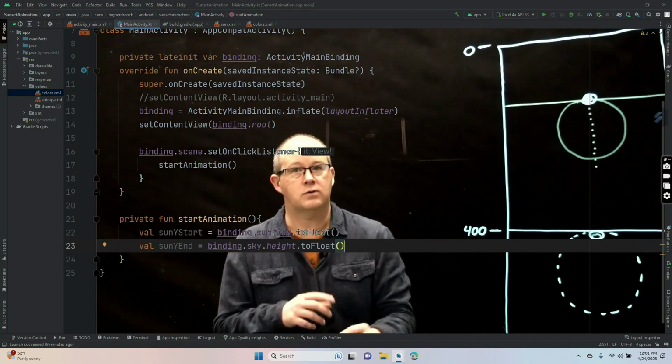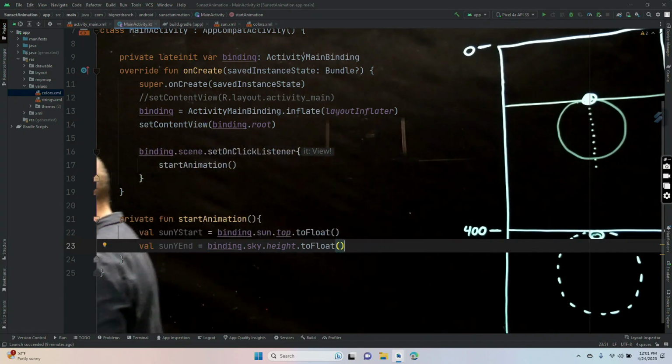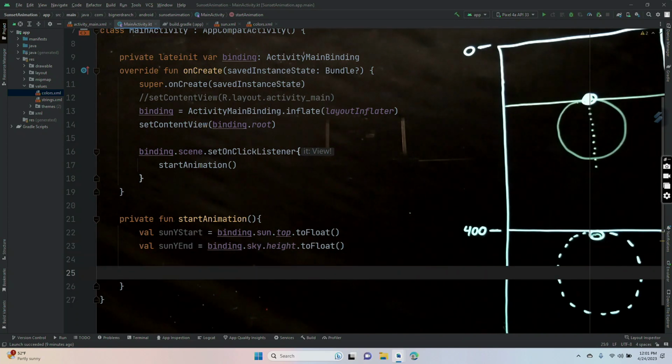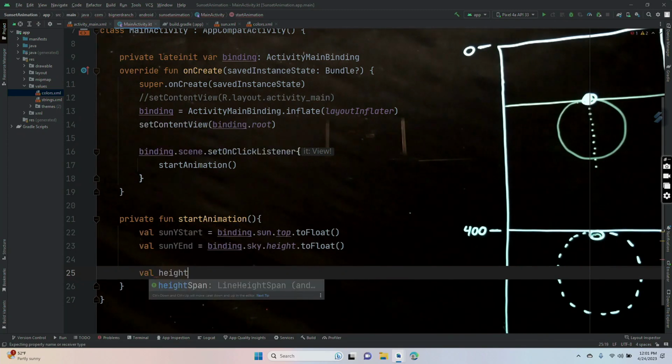And it would turn out to be invisible. So that's how it's going to work. And we are not going to get to see it move until we set up an object animator. Let's do that. Val height animator